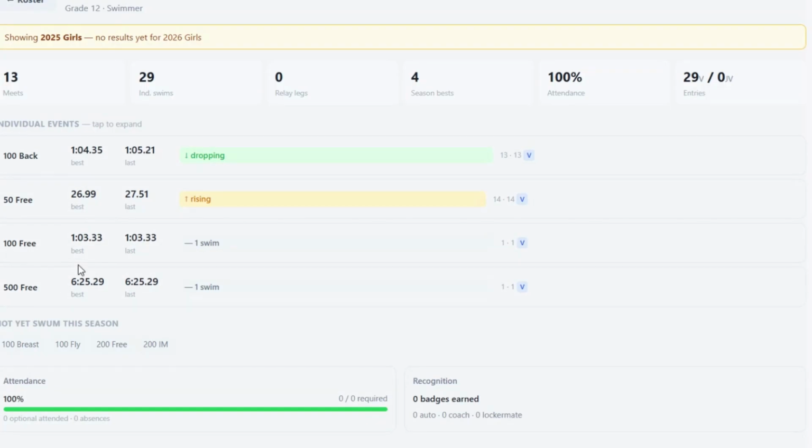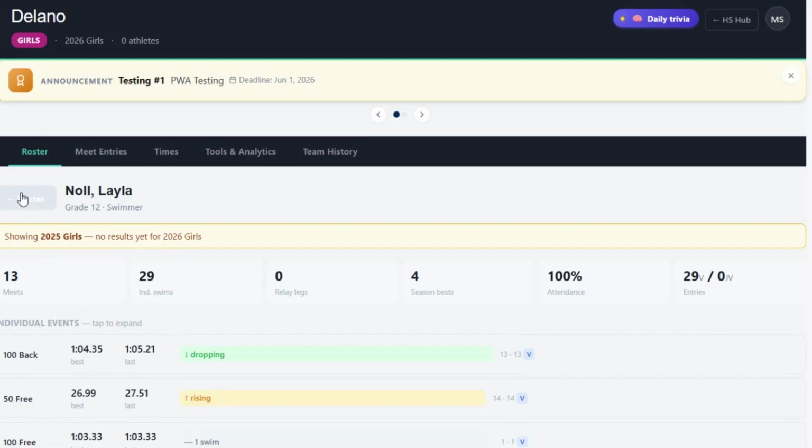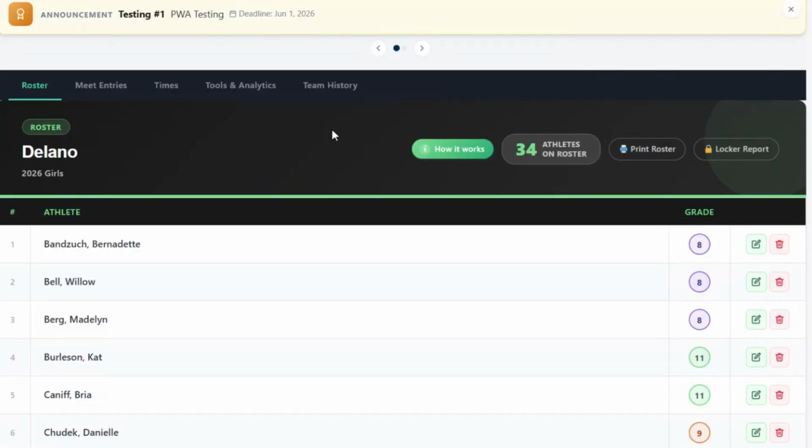Now, there's another section in here that's activated. If your swimmers have a swim locker, they have a goals section they can fill out. It can be text-based goals like, I want to be the hardest worker in my lane every day, things like that. Or they can be time-based goals. They can say, I want to go for 1:02 in my 100 back. They can share that with you. And if they do share that with you, you'll get a notification in app here. And you will be able to see in their profile any goals that they have shared for you. So that's that piece of it.